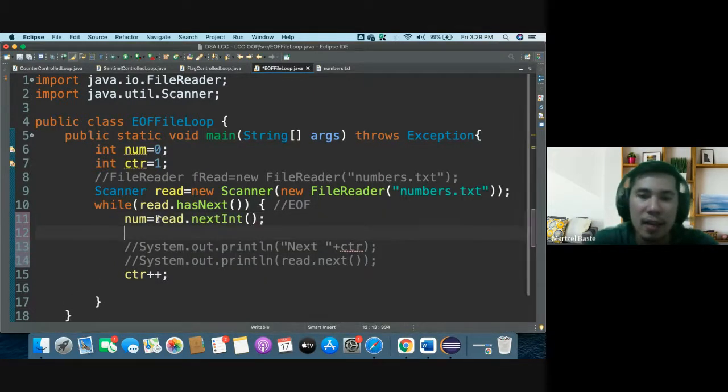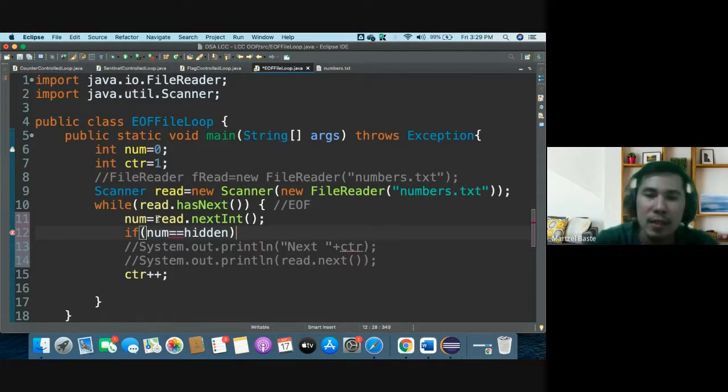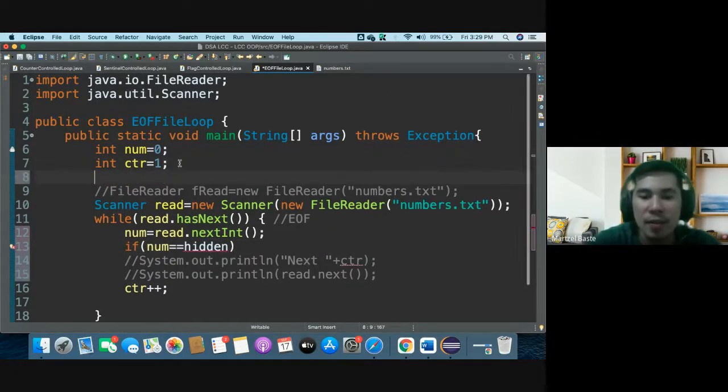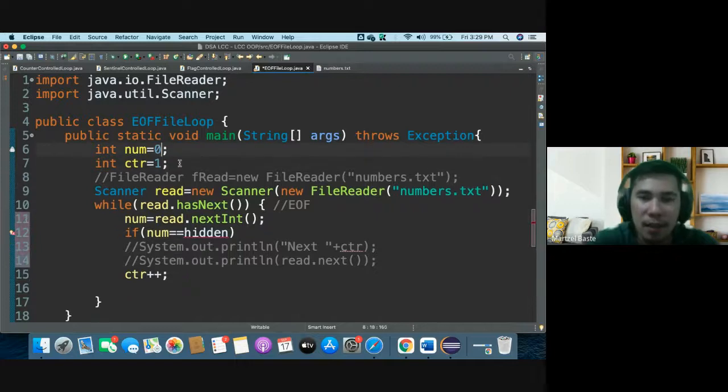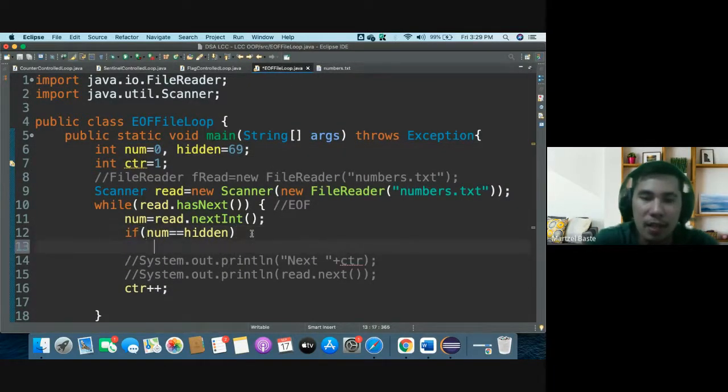Okay, and then if num equals to, let's say ang hidden number nimo is 69. So if ma-recognize niya ang value na 69, okay, so we could display something here,